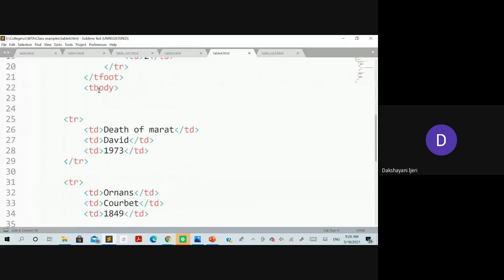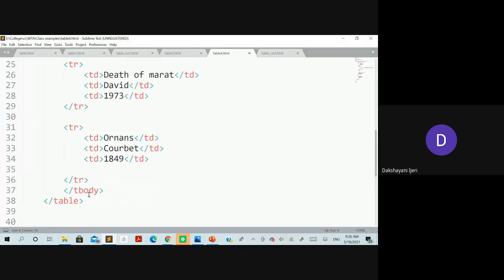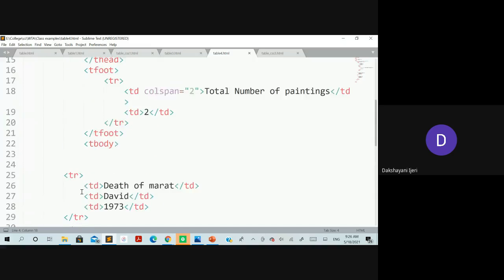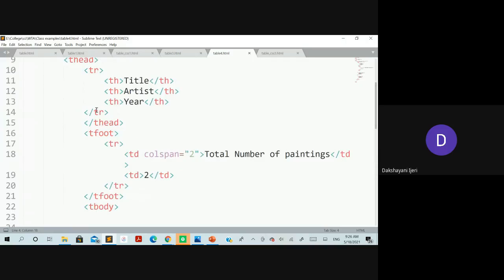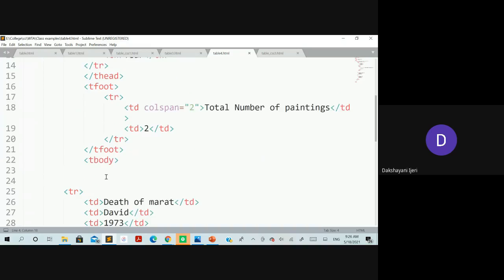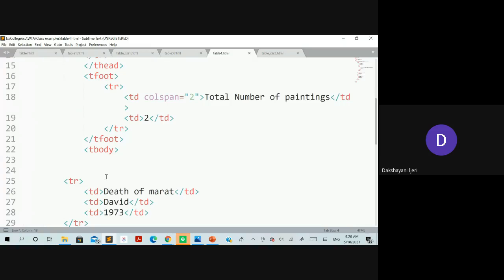Okay, so the T body we have taken here, and you can include as many rows as you want into the T body. All the rows whatever you are going to take within the T body are going to be added in between the T head and the T foot. So no matter wherever you write them in the program, once you execute this program, it is going to be put exactly the way it has to be put in the table. So we'll see once we run this program here.